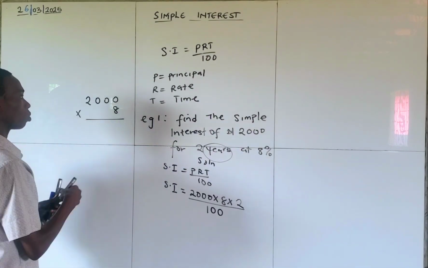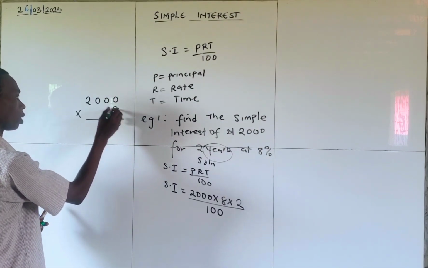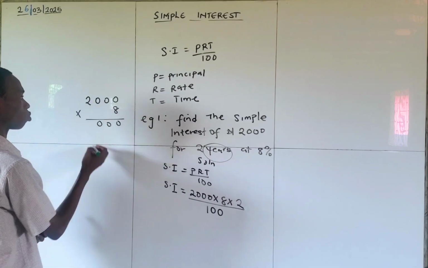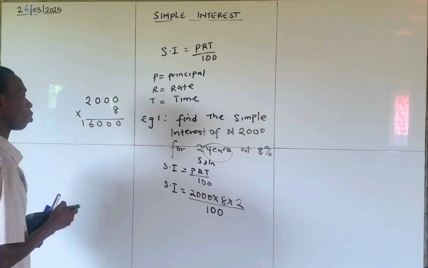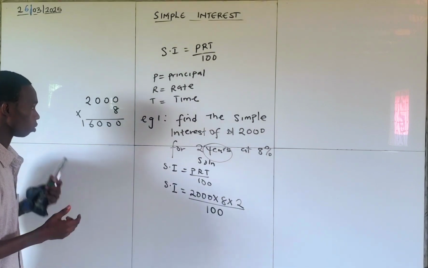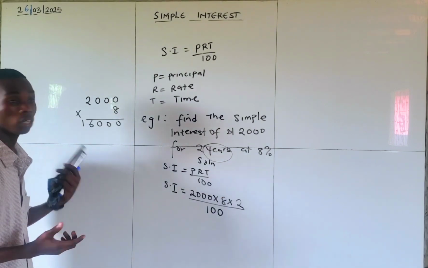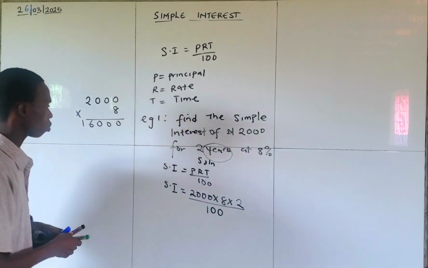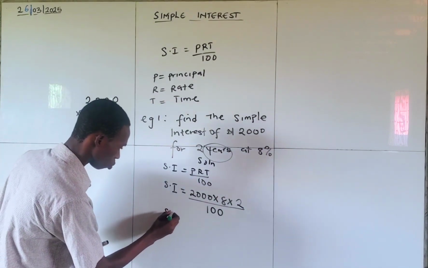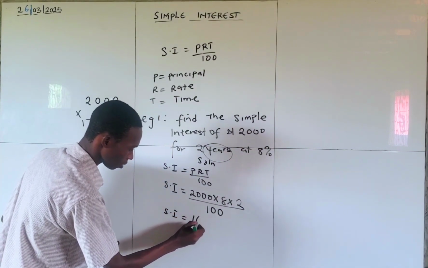Now 8 times 0 will give us what? 0. 8 times 0 will give us 0. 8 times 2 will give us what? 16. So we're having 160. Okay, 16,000. We're having 16,000 here. So here our simple interest is equal to 16,000